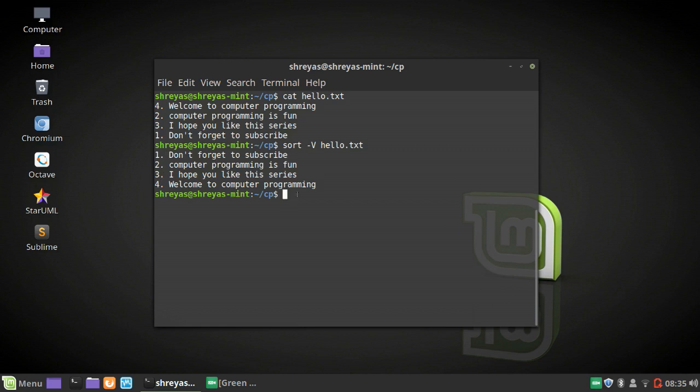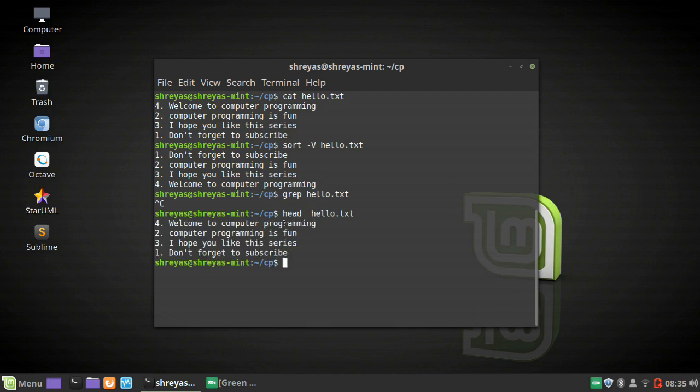these come to me as 1, 2, 3, and 4. And if I do a head hello.txt, as you can see, I use the head without a flag. So as you can see, I get again only line number 4 here. The reason for that is because this sort just sorted it for me to see, but it didn't actually sort the file. So what I need to do is to make sure that whatever the output of this sort command is, is the input for